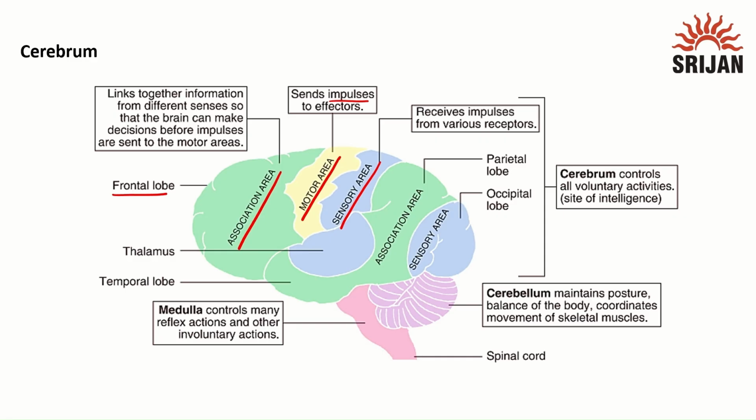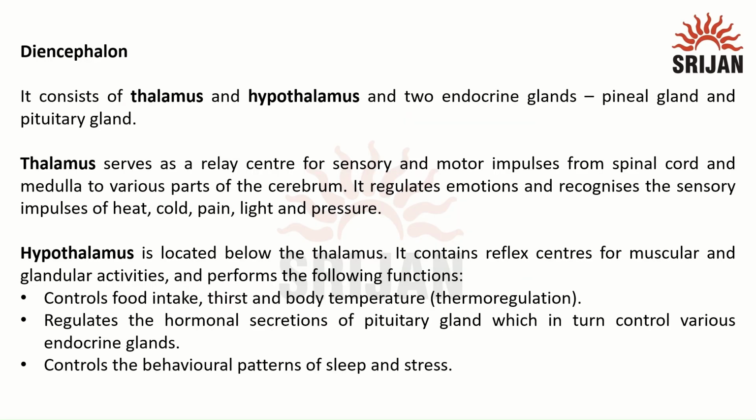Then we have, on the side, the temporal lobe, which will help in hearing. At the end we have the occipital lobe, which will help in sight. Then we have the parietal lobe, which will help in other voluntary actions, and also the cerebrum is said to be the site of intelligence. Then if we see the second part, that is the diencephalon, it has two main parts, thalamus